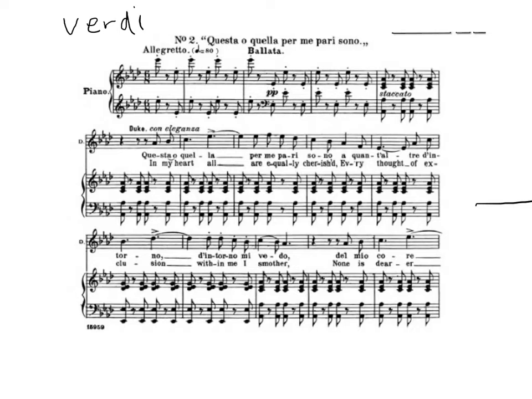V-E-R-D-I. Verdi was an Italian composer in the 19th century, very famous for his operas, and this is one of his most famous operas. Let's see if we can get that pen to work there. That's an L there. The name is Rigoletto, name of the main character in the opera. This is an opening aria very near the beginning of the piece in the first act, and it's the introduction